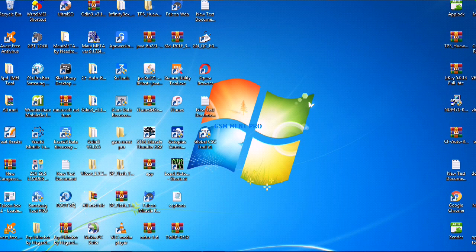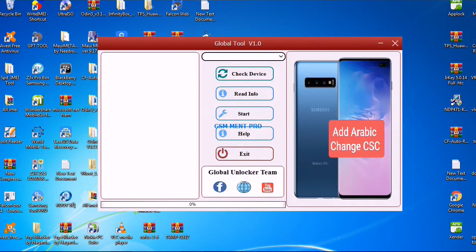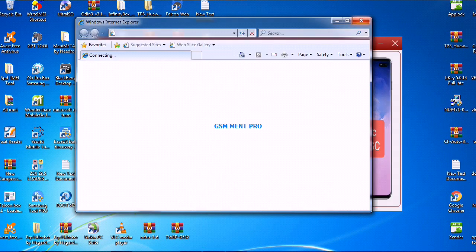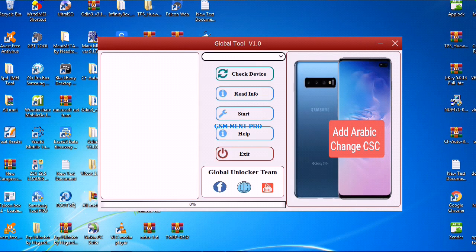This software can unlock all 2020 Samsung Galaxy Android phones. And you can click on check device waiting for